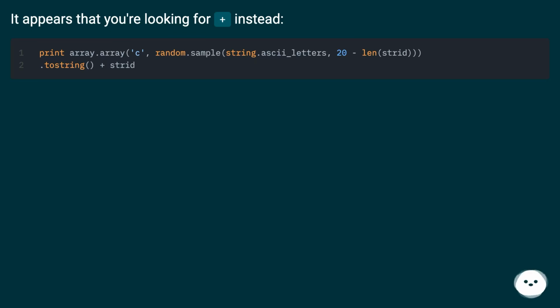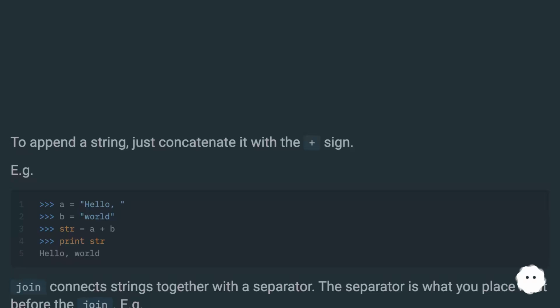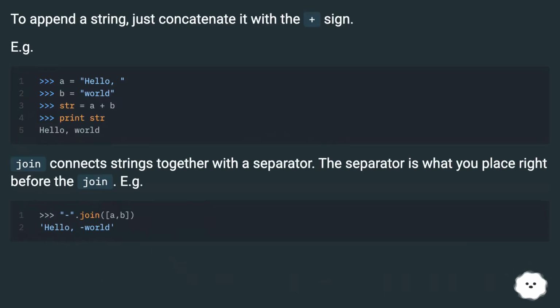It appears that you are looking for plus instead. To append a string, just concatenate it with the plus sign. E.g.,